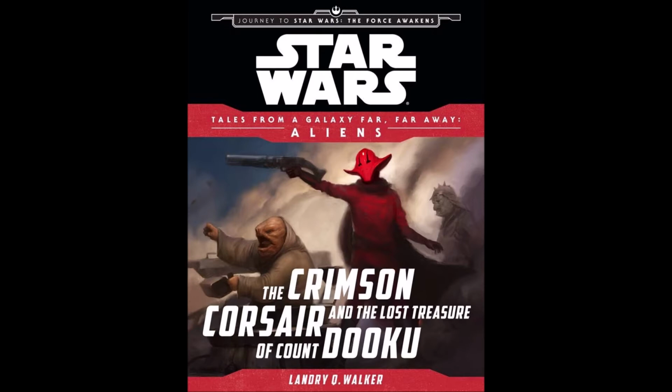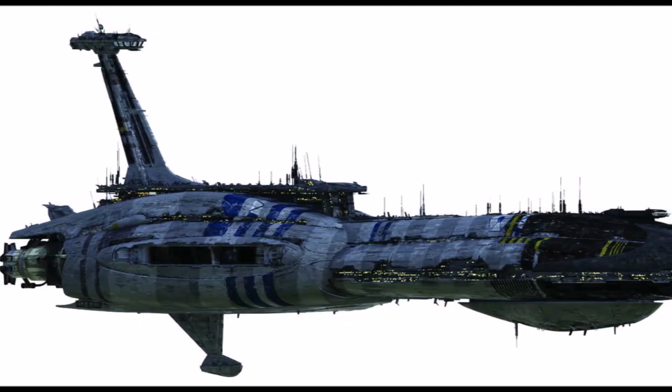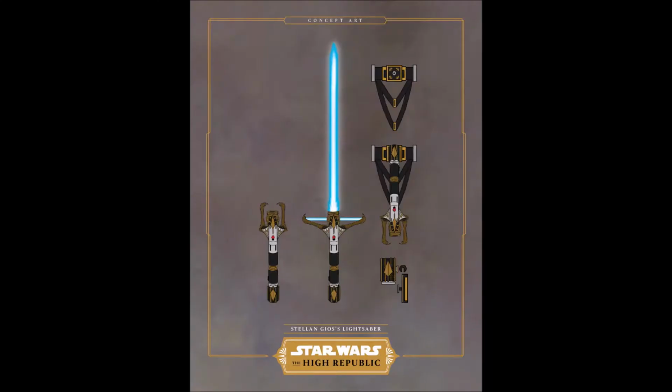The Crimson Corsair and the Lost Treasure of Count Dooku is an absolutely fantastic short story for the Star Wars universe. It introduces the character of the Crimson Corsair, and it also adds a fun little adventure about a downed ship named Obrexa 3. This was Count Dooku's ship, and it reportedly had kyber crystals aboard. So this is the setting and the plotline for this treasure hunt: the Crimson Corsair and his gang are going to go look for a downed Separatist ship during the time of the Clone Wars, looking for kyber